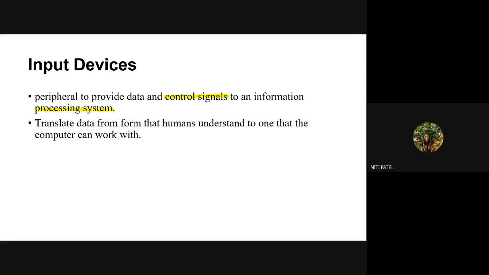Why are they supposed to be sent to the CPU? Because who is the brain of your computer? It is the CPU. So who is taking that data 2 and 3 from the user to the CPU? There is a certain set of control signals. Now you will learn about these control signals as we go ahead in the slides. So just remember, after I have given 2 and 3 from the keyboard, who is taking that 2 and 3 to the CPU? It is control signals. These control signals will take the help of what?